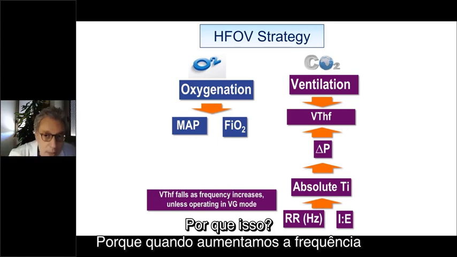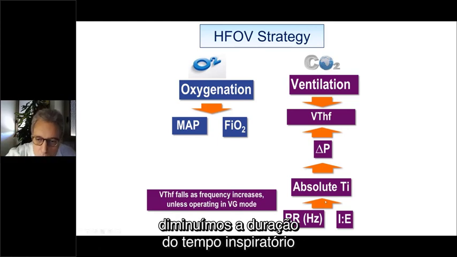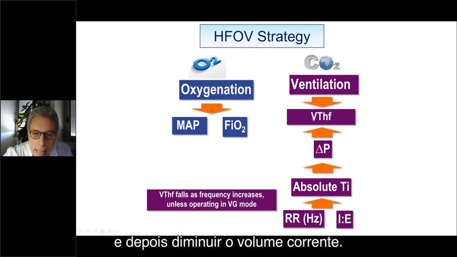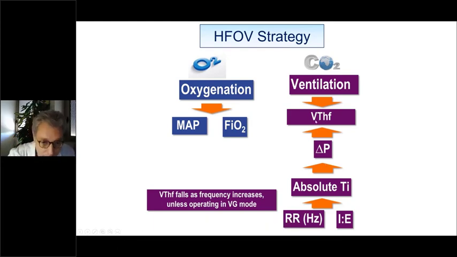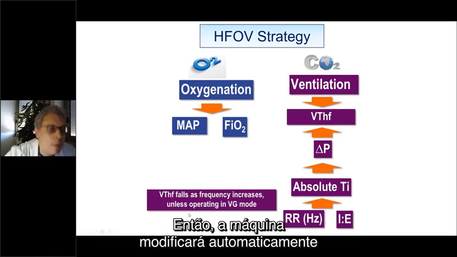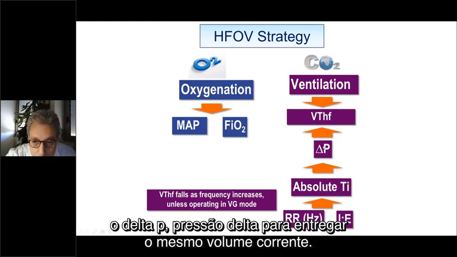Because when we increase the frequency, we reduce the duration of inspiratory time, and this is responsible for lower delta P and then lower tidal volume. But recently, we always use a volume guarantee modality, and then the machine will automatically modify the delta pressure